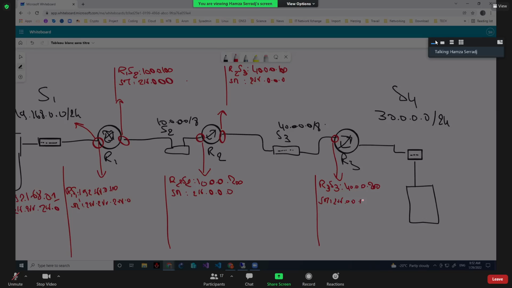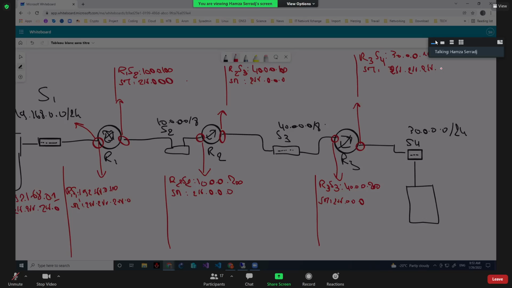And on top here, it's R3 S4. So it's on router 3, the card is on router 3, the side S4 of the switch, and it will be 30.0.0.100, okay? And the subnet mask will be 255, and be careful, it's /24 here, so it's